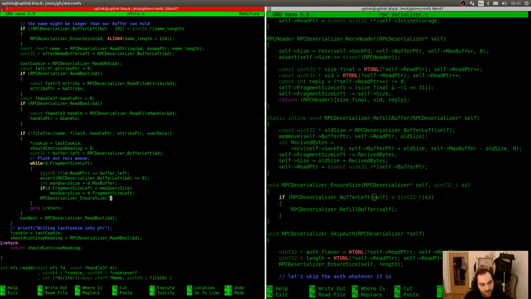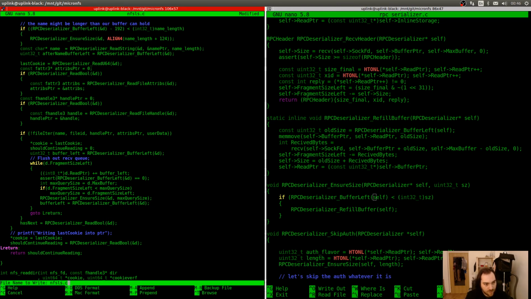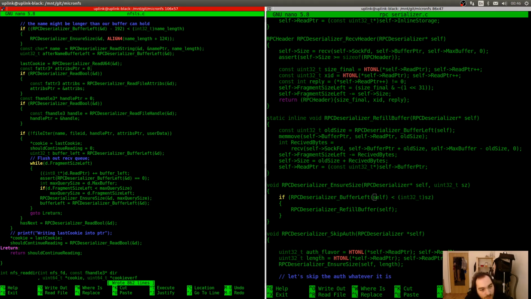we should get the max query size, and after that we update buffer left. It equals